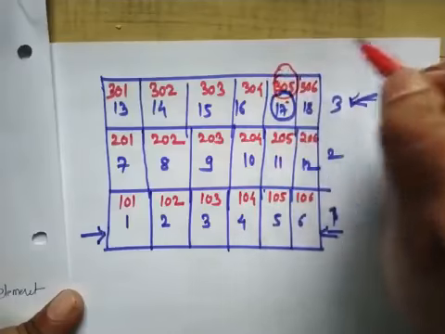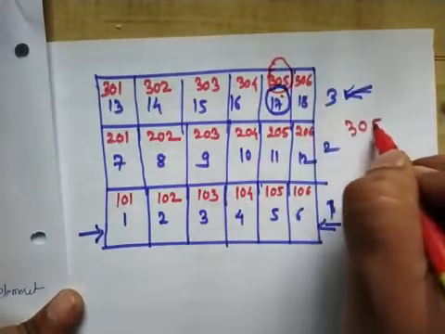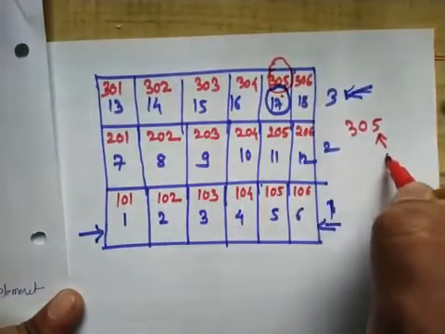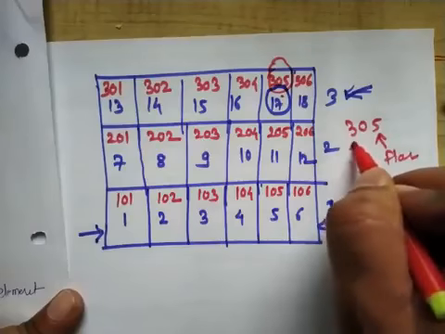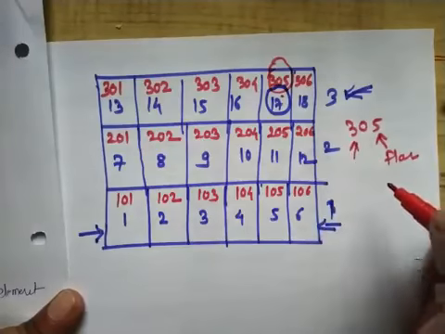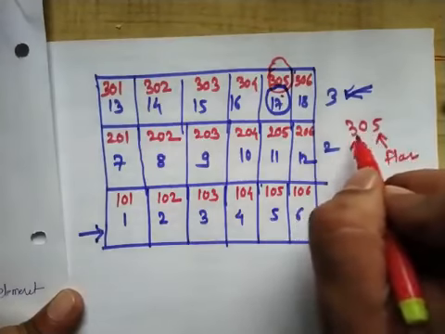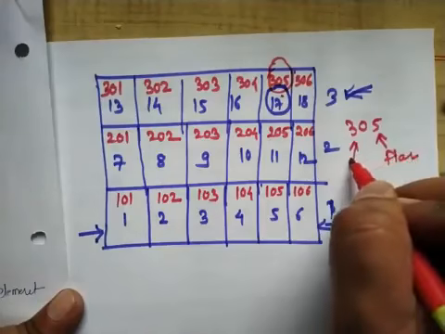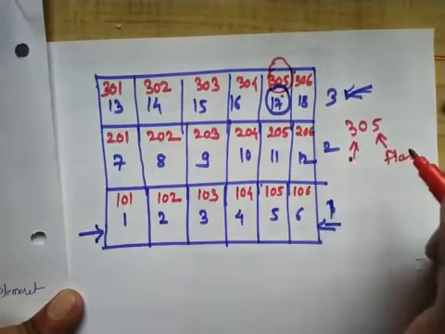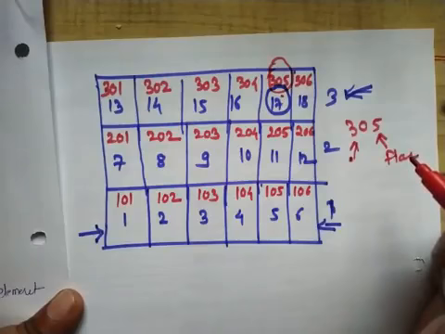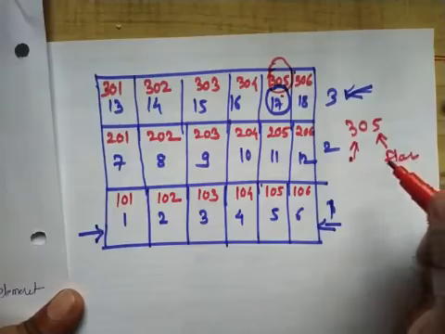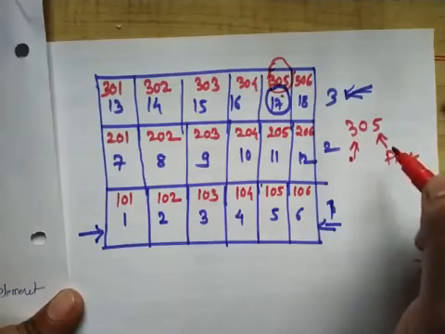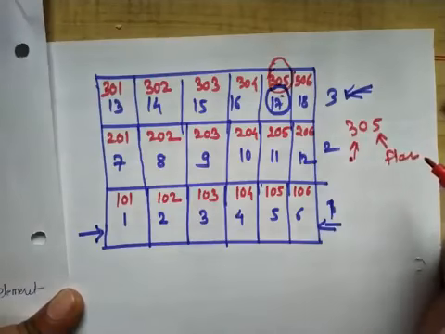Flat number 305 indicates the fifth flat on the third floor. So to avoid sequential search, we have to calculate the flat number using a certain function. That function is the hash function.